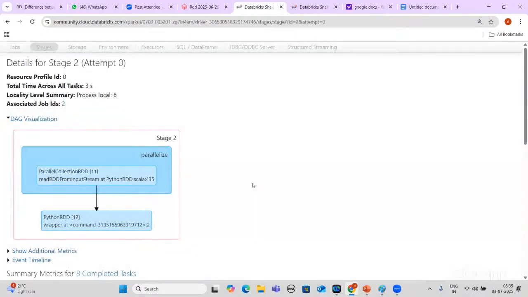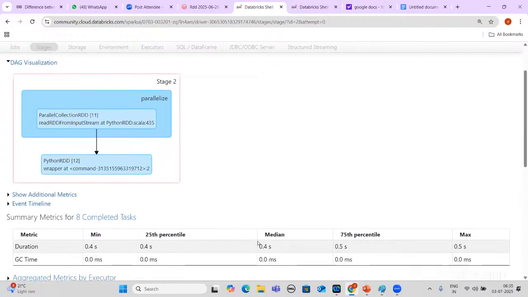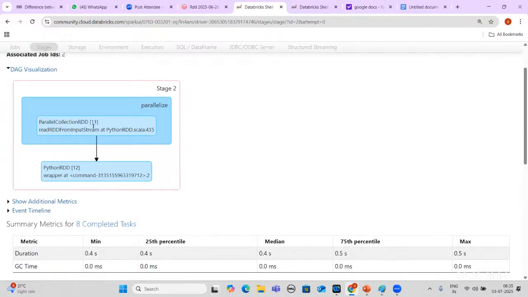This is a DAG visualization, which shows what the DAG is doing exactly. It is doing a parallel collection of RDD, reading through the input stream at Python RDD. This is the backend Python RDD with Scala. It is a backend thing. It has been given to one RDD and it is giving the output.